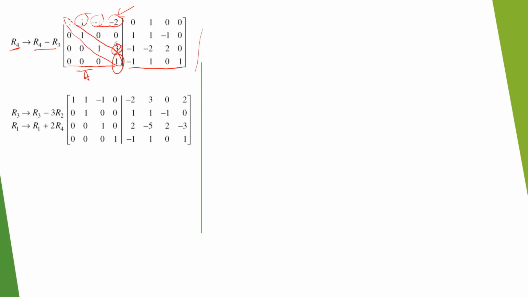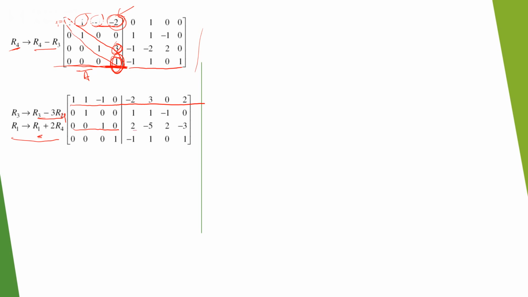First we apply the operation on R3, R3 minus 3 times R2, sorry this is not R2, this is R4. And a similar operation we apply on R1 by the help of this element, to make it 0. So we apply the operation R1 plus 2 times that row. So the first row becomes 1, 1, minus 1, 0, and the third row becomes 0, 0, 1, 0, and